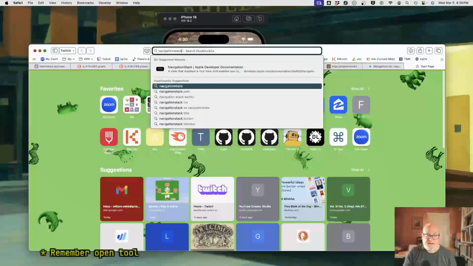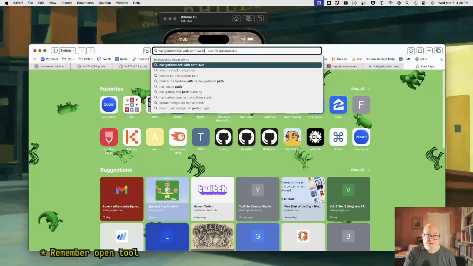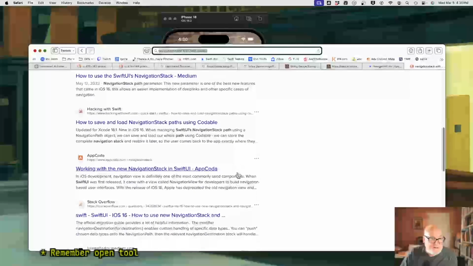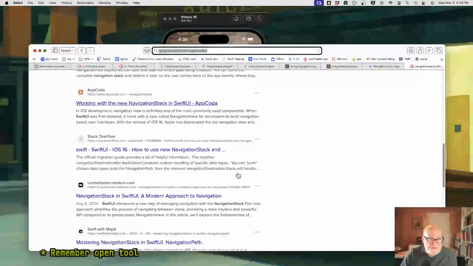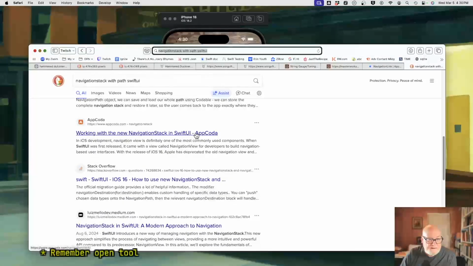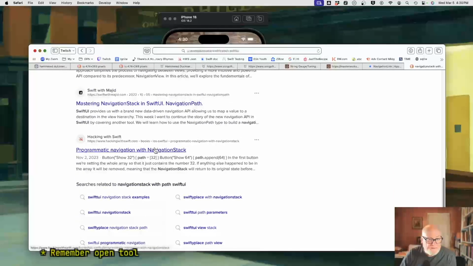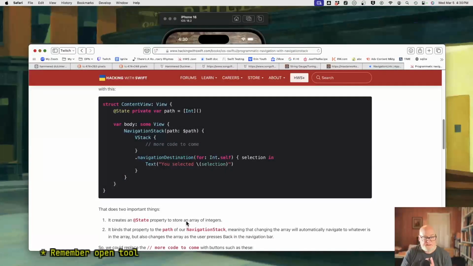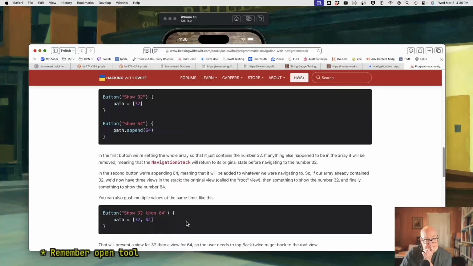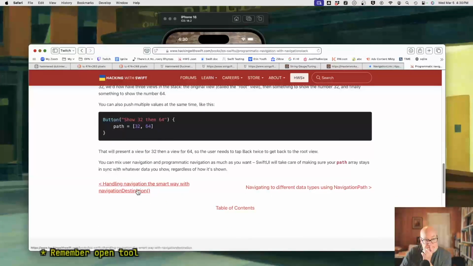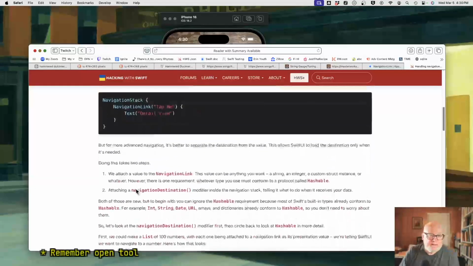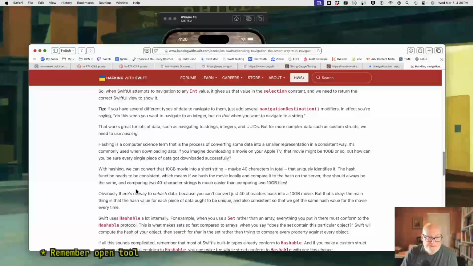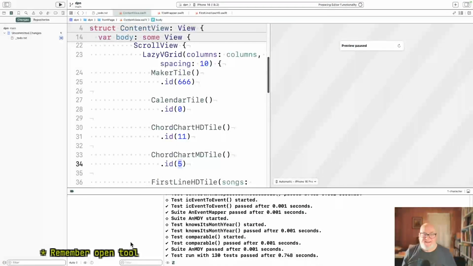navigation stack with path, SwiftUI. I think Paul Hudson maybe has an example of this. Codable. Yeah. Okay, he's using navigation destination. Yeah, the problem is mine are all different. Let's